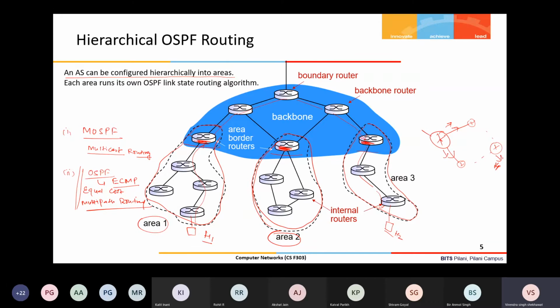And that becomes congested, while the other alternative paths may not be used. Even if two or more paths have the same cost, the traffic can be distributed on both or all of them. So that gives better traffic distribution on the internet as compared to a single least cost path. Okay.